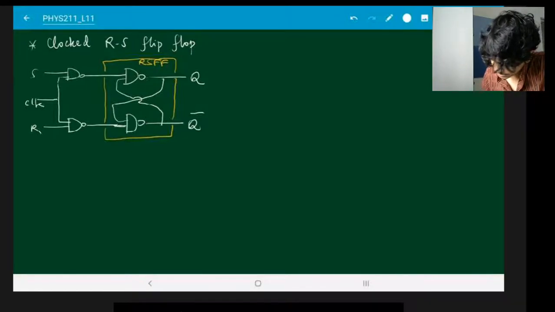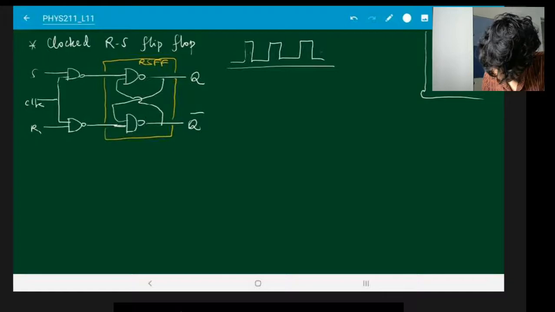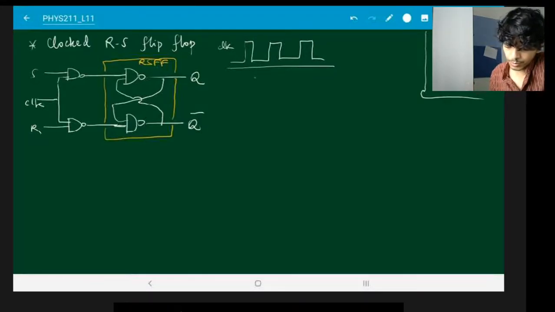So this clock pulse is essentially like some sort of a pulse which comes like this. So this is your clock. Sometimes it will increase and become 1, sometimes it will decrease and become 0, and so on. The point of putting this clock is it gives you one more additional layer of control. You can change the state of your flip-flop by changing what R and S inputs you're giving to it, but you also want one more level of control. So for example, maybe you have changed R and S. Maybe it has gone to the 1 0 state or the 0 1 state.